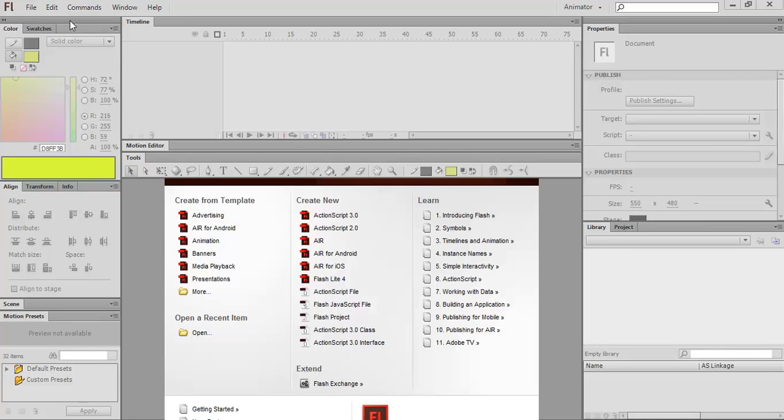Welcome to the Adobe Flash Professional CS6 program. What we'll be doing is learning how to use a different program and how it's going to be utilized. First things first, we need to make sure that your workspace looks exactly like